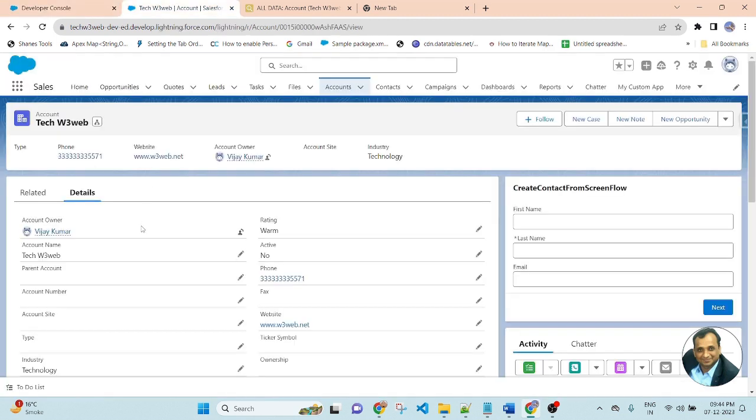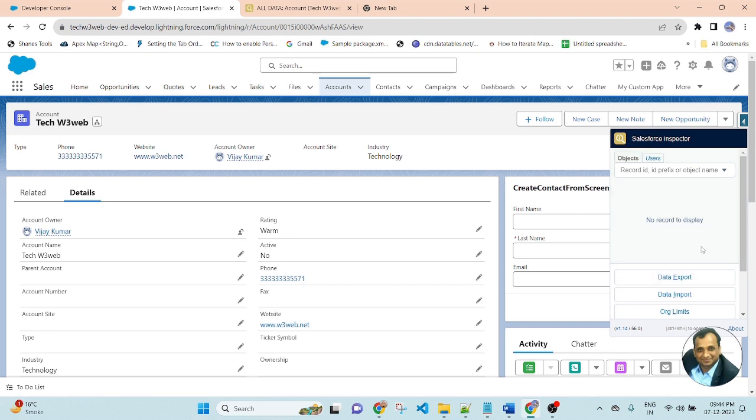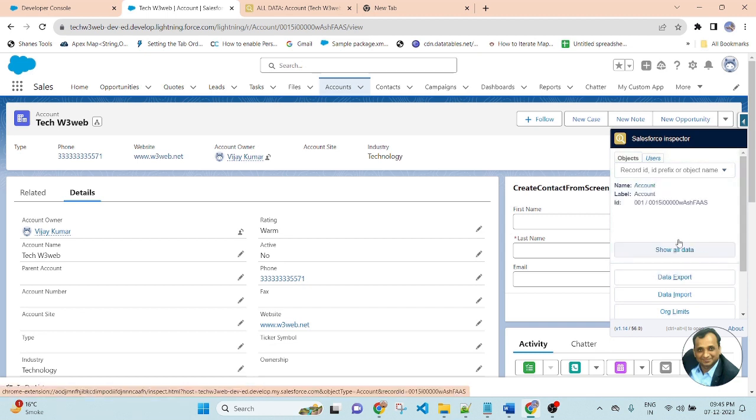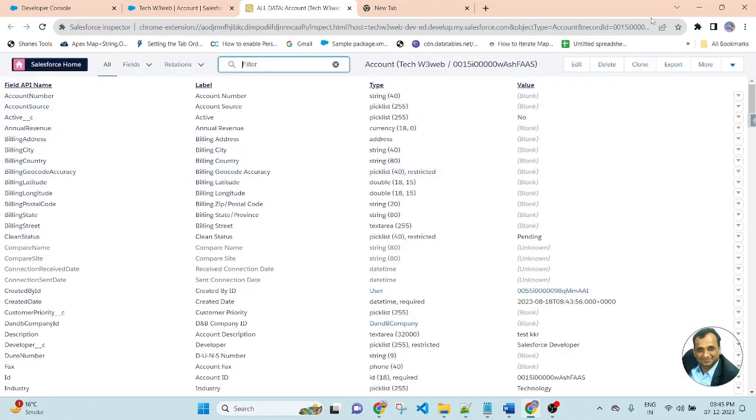So go to the account. There is an option to open account data from here. So all data. Then search here for status, because the checkbox field is custom. So from here I will get the API name of the status. So search here status.